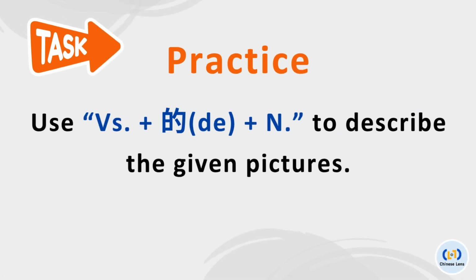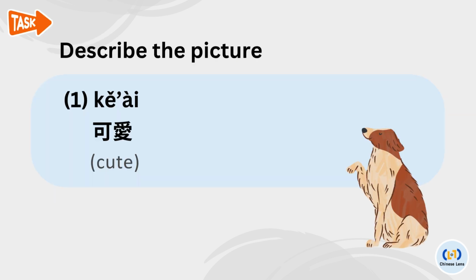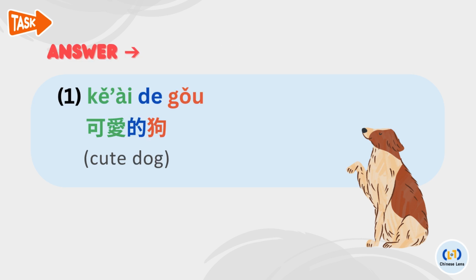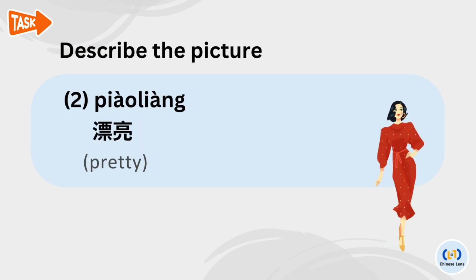In the next part, there are 3 practices for you. Please use modifier marker 的 and the stative verbs given to describe the pictures. Practice 1. 可爱。 The answer is, 可爱的狗。